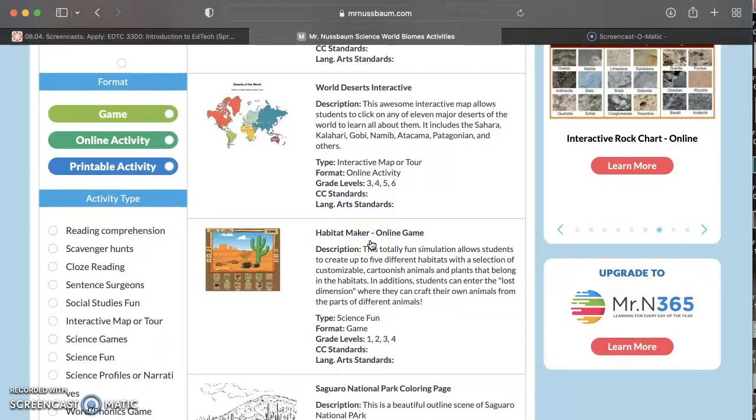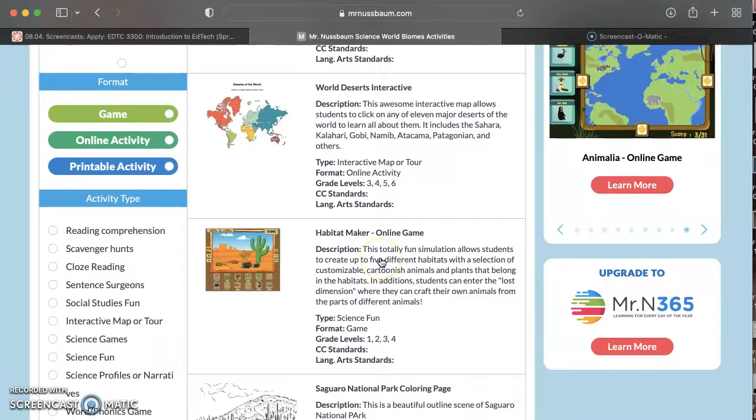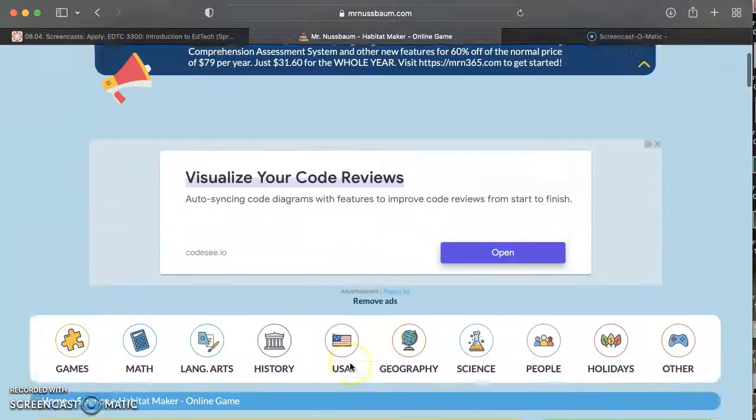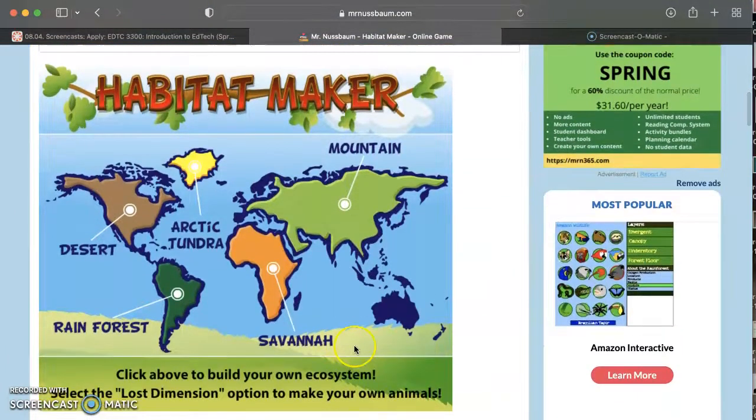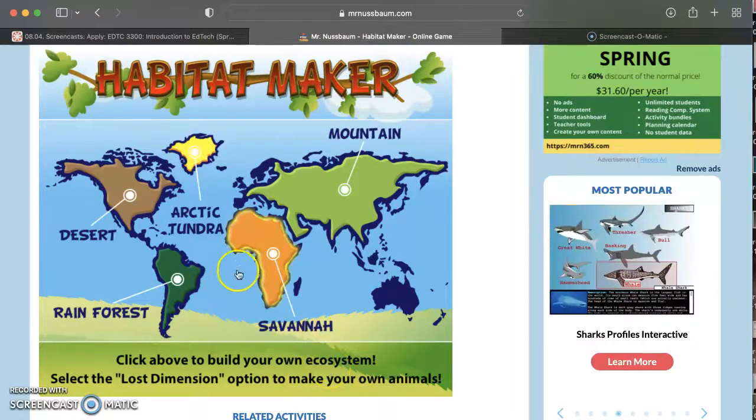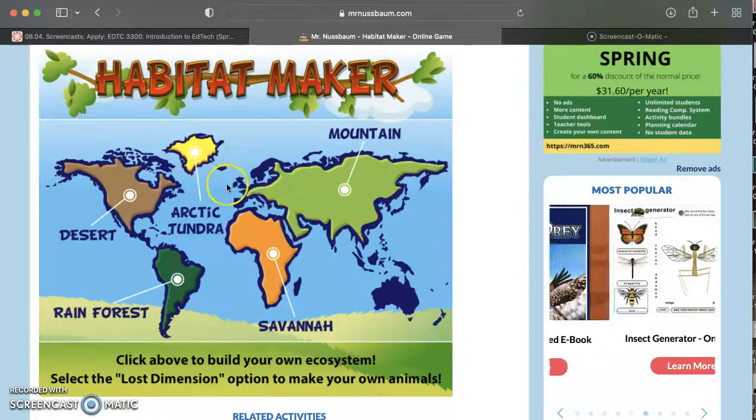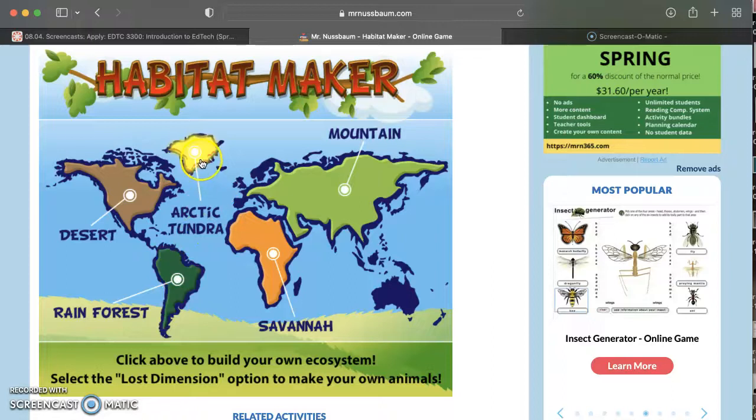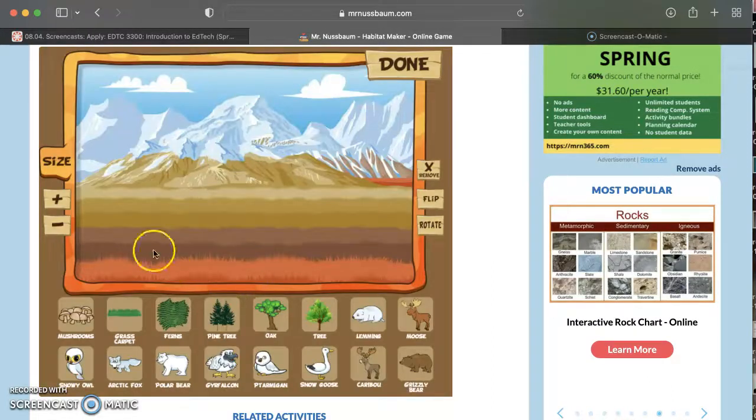A little bit more on topic that is going to be for our kind of rough draft would be this Habitat Maker online game. If you click on that, it starts the question to build your own ecosystem. So this is where you'll choose your area that you are focusing on. This one doesn't have as many or as specific areas that you may have, but if you get an idea, if you choose the Arctic tundra, and then create printable habitat,